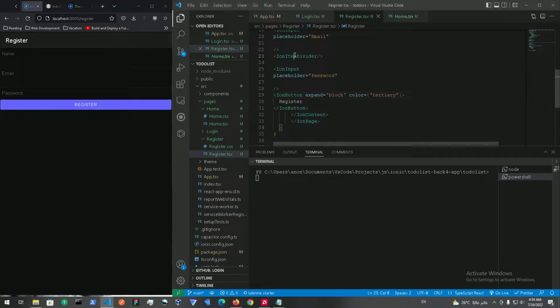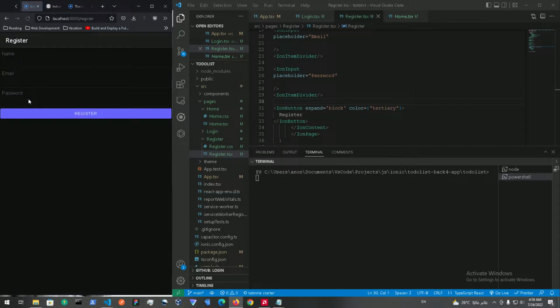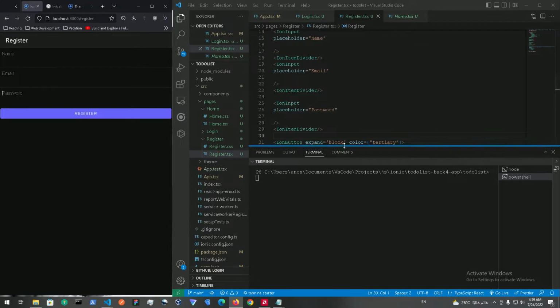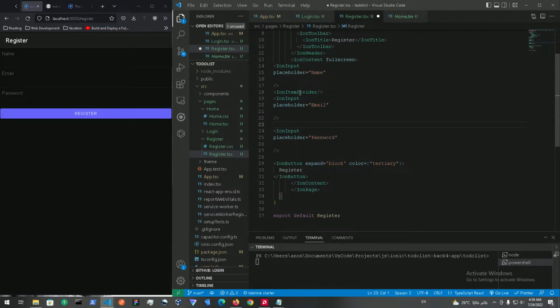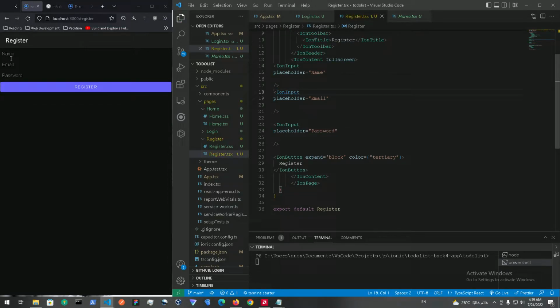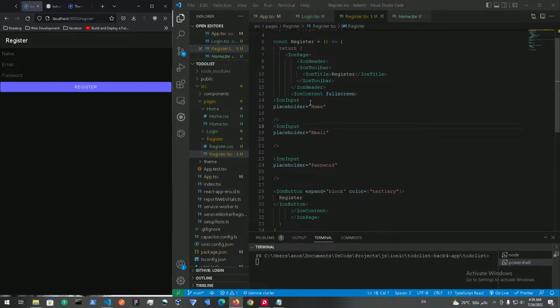And let's add in another item divider between them. Alright. But there is an issue. The item divider right now looks like the items are a lot spaced, so if the user presses in here, it's not going to show them the input. So we need to fix that. So in order to fix that, we're going to remove actually the dividers. Alright, and we're just going to give these ion inputs